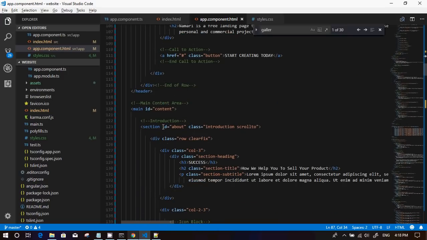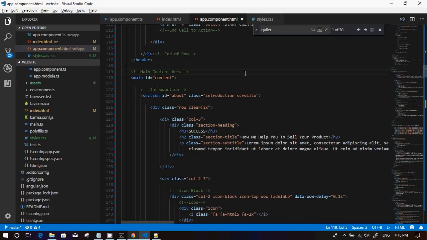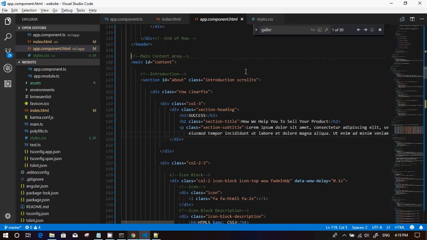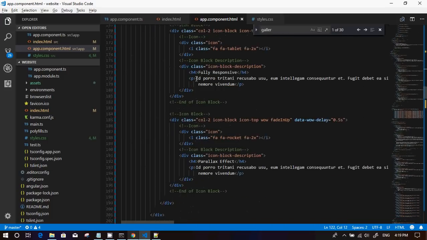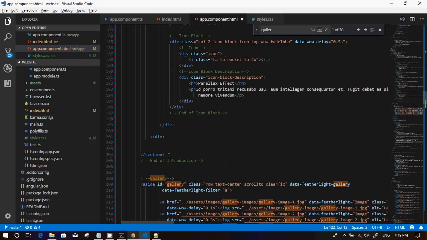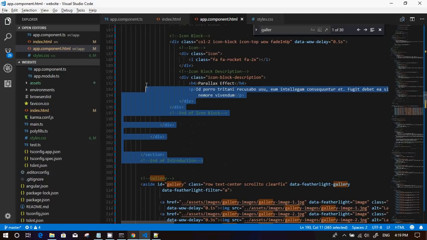Okay, let's start from the main content area. We got one section called introduction. Introduction is up till here. So let's